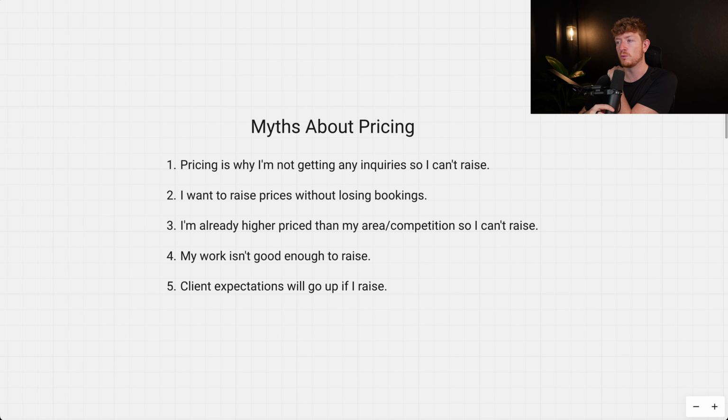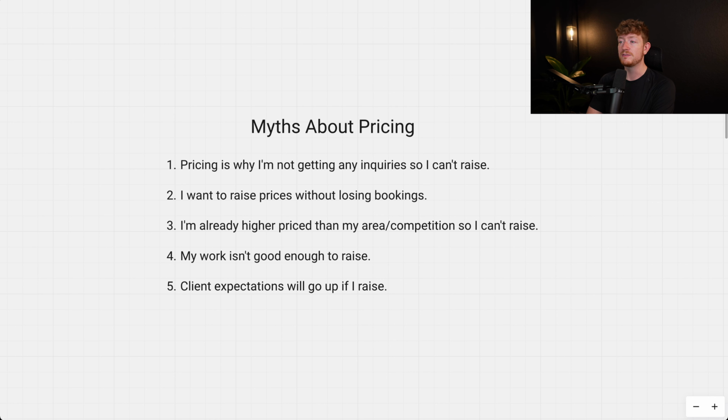So if you feel like your work isn't good enough to raise, just understand that that is your point of view, and there are 8 billion people in the world. There's probably millions of people in your area. There's a really good chance that even if there's only tens or hundreds of thousands of people in your area, there are going to be 20, 30 people, enough to book your calendar, that will think your work is good enough for your price point. So just keep that in mind. Work is subjective. Art is subjective. It's not perfect. It doesn't need to be perfect, and that's okay.